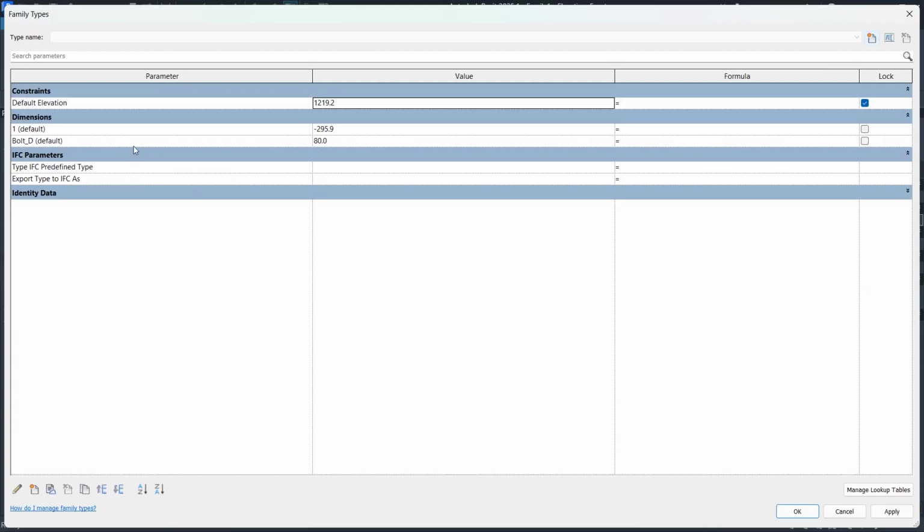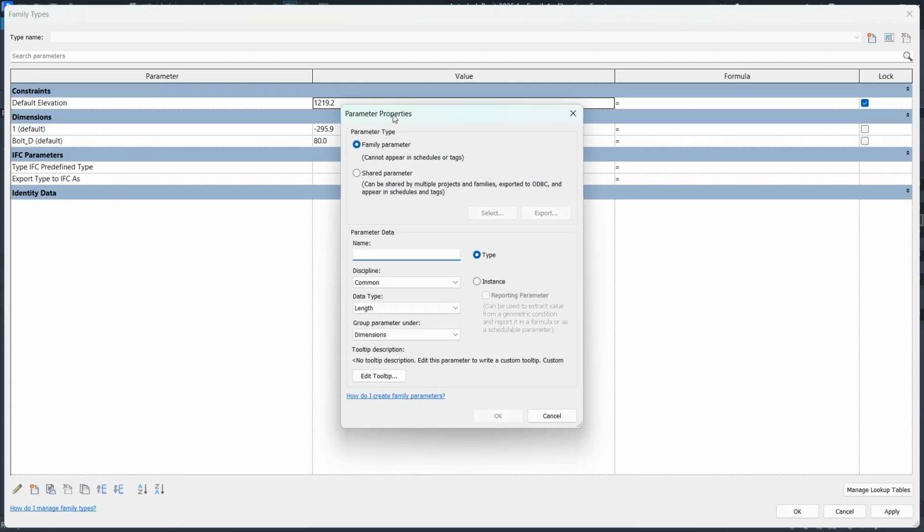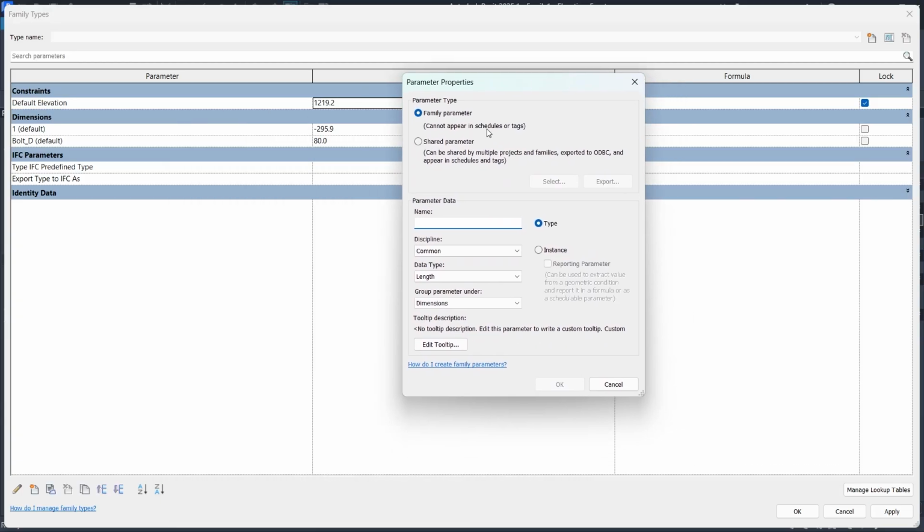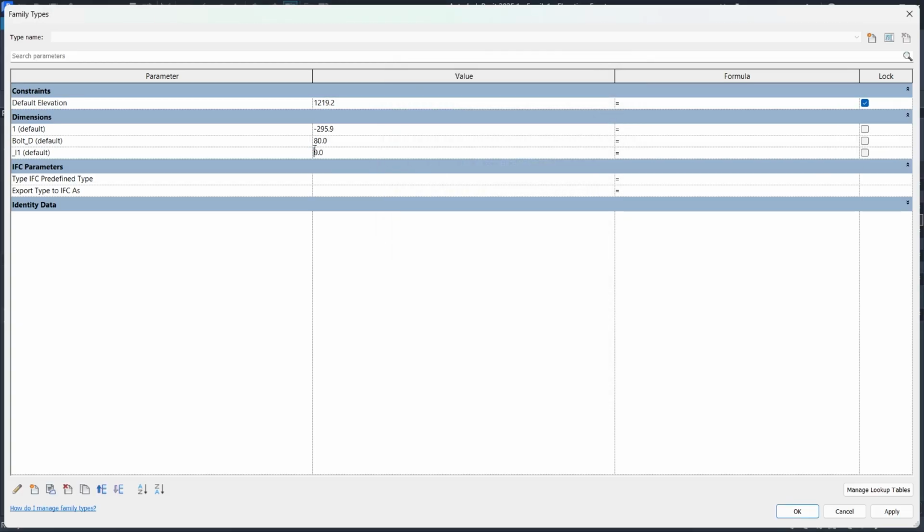And what we'll do next, we'll create another parameter because it's a negative value, and we'll need a parameter with a positive value. So I'll call it L1. We'll make it instance,